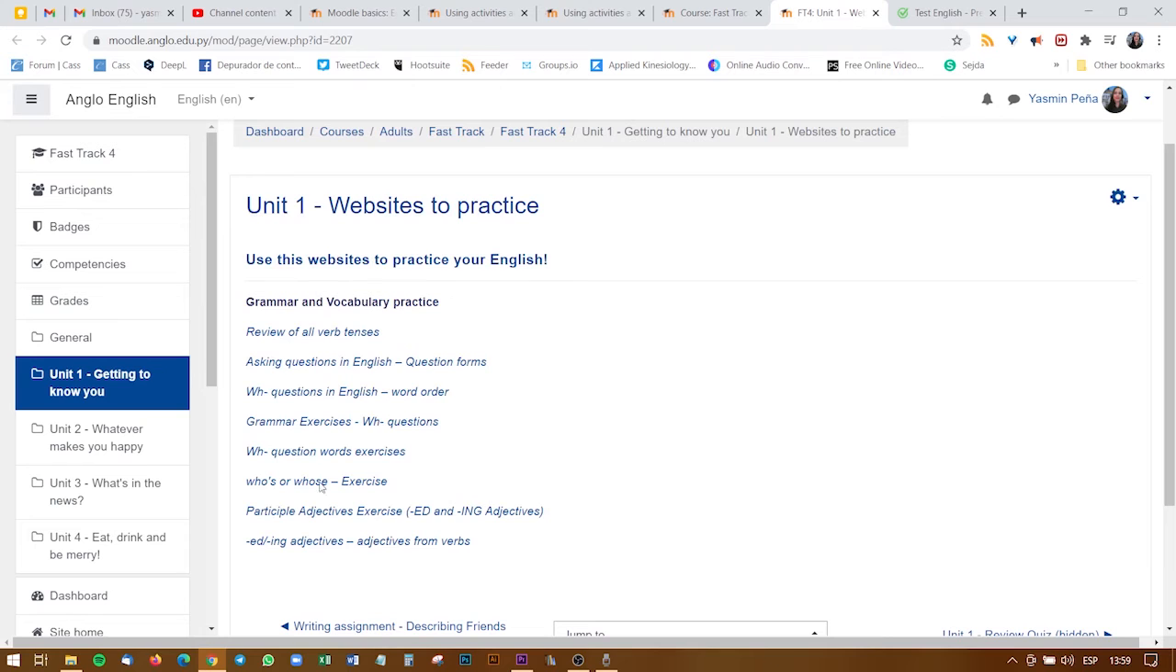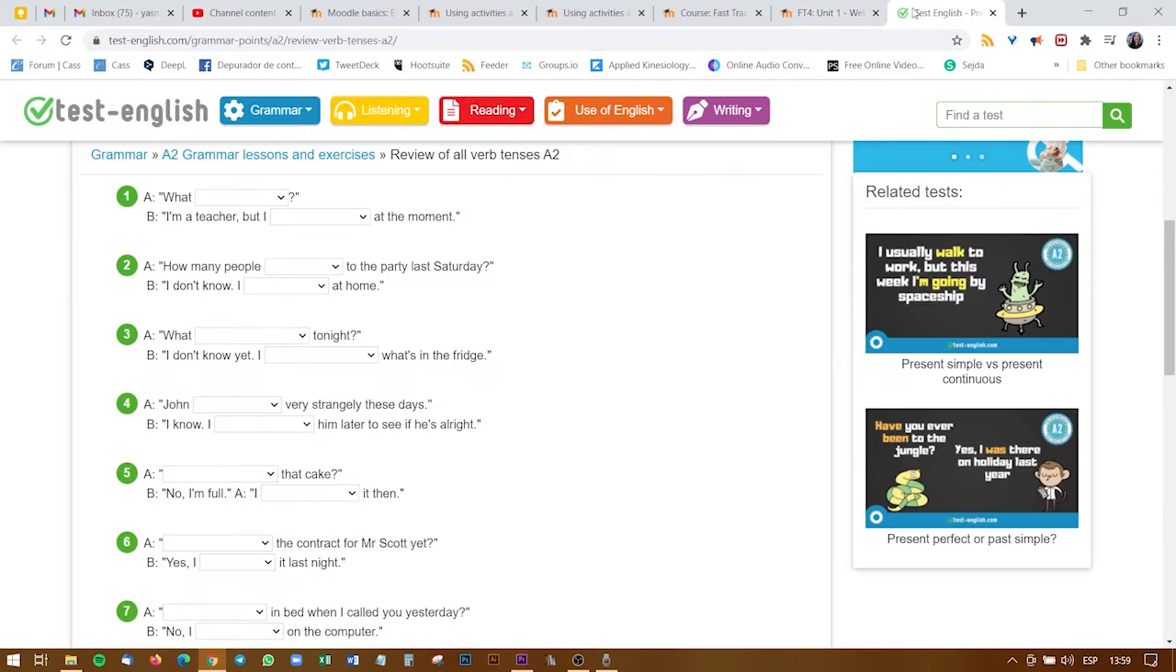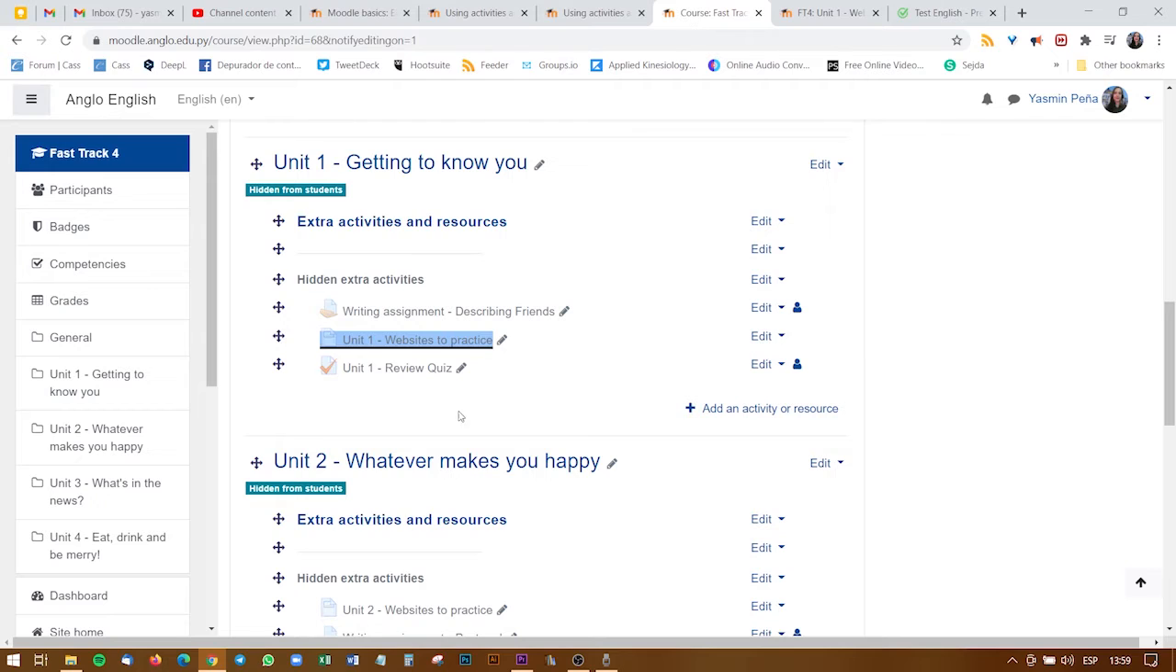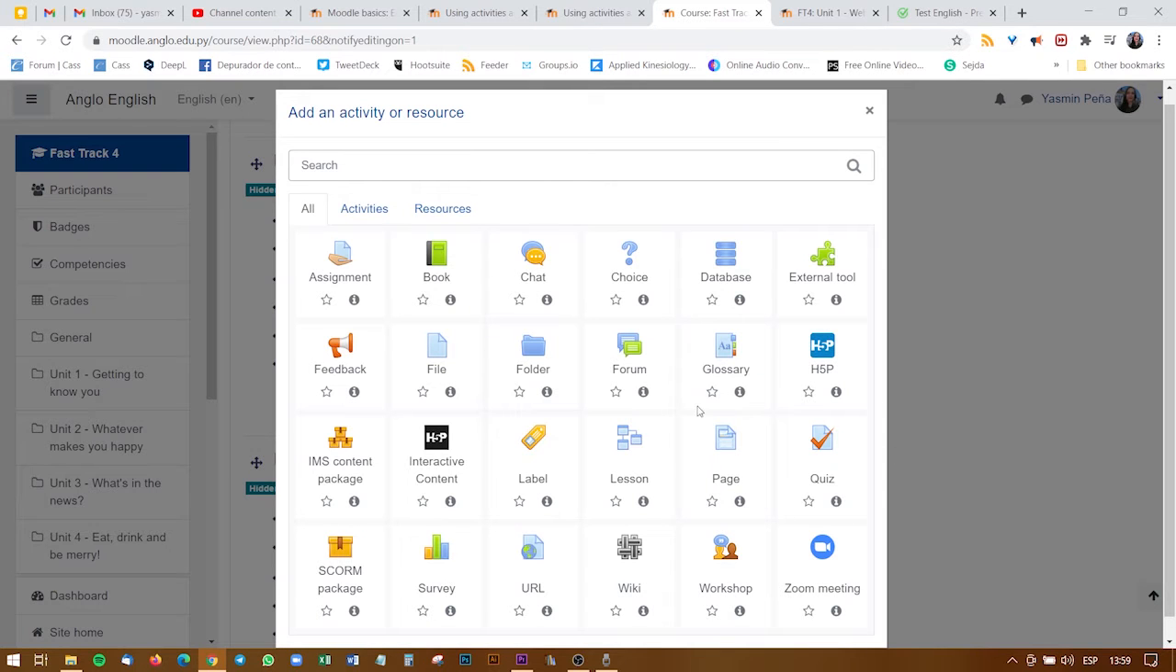and here you can check all your list of websites, but we have this one open already. So I want to share this one with them. Now you just go to your course again and you click on add an activity or resource. You click on the URL